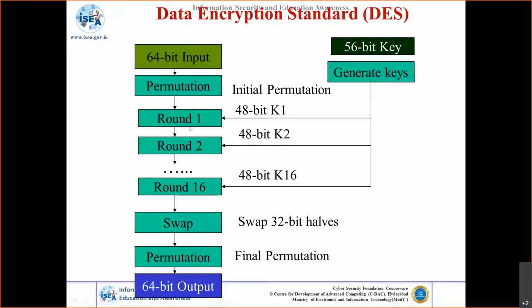In each round, it takes another input, a 48-bit subkey generated out of the key. I told you, the key is very important, the shared secret key. It is a 56-bit key. Any block cipher will have a block size, and also something called the key size, that is the key length. The key length helps you identify the strength of the cryptographic algorithm. The longer the key length, the more secure the algorithm is. We'll try to understand that in the later slides.